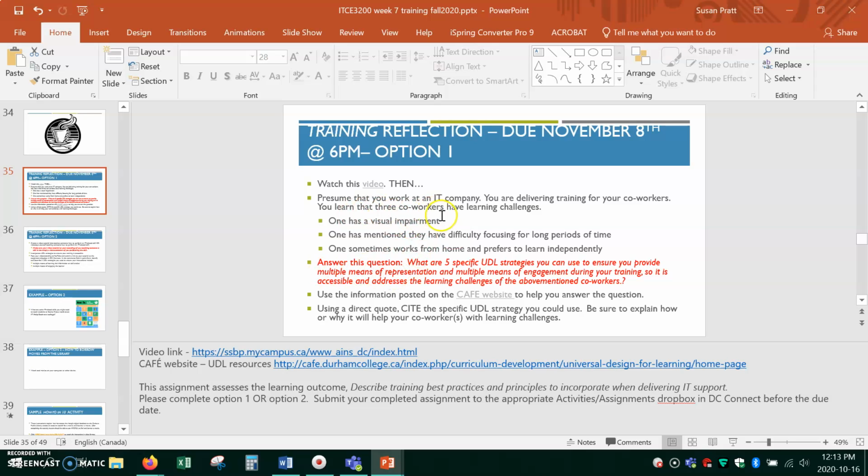So you're presuming you work at an IT company, you're delivering some training, you got to create it, and you find out that some of your coworkers that will be attending the training have some learning challenges. So what I want you to do is tell me 5 specific UDL strategies that you can use when you're planning your training to ensure you provide multiple means of representation and multiple means of engagement during your training